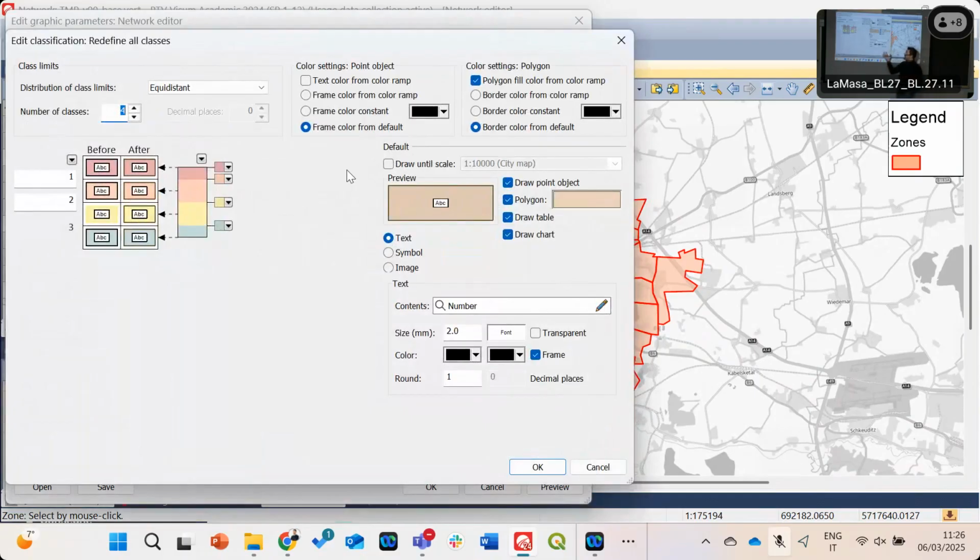And here there are some things that should be modified. Particularly, we have to define in a classified display the number of classes we want. In this case, let's assume we want 5 classes. Now, every time you create classes, you have to have in mind that classes, in order to visualize a continuous